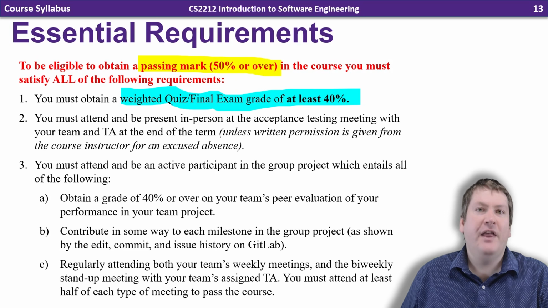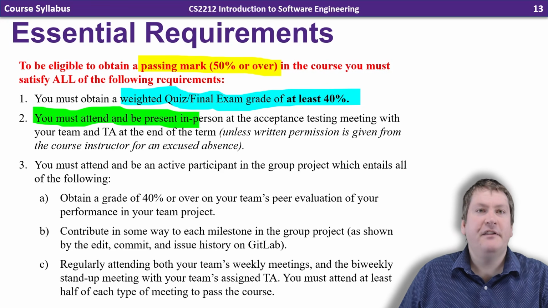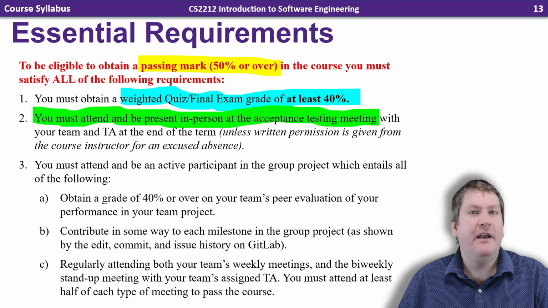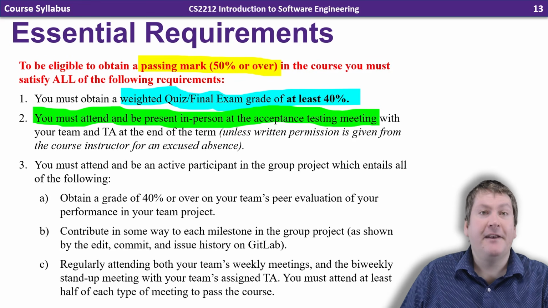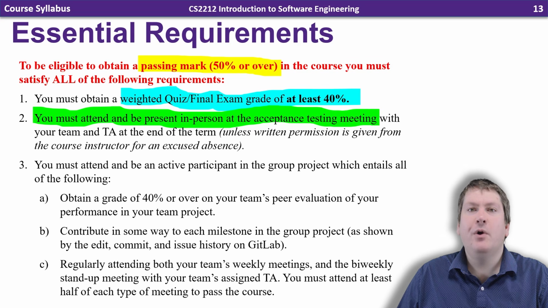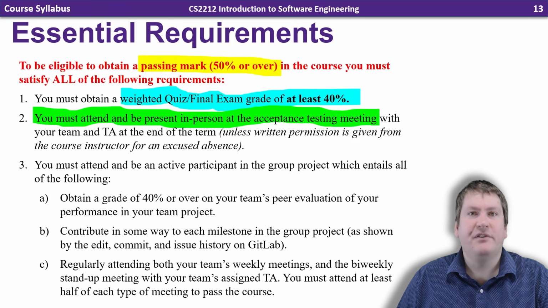When we calculate all that, it has to be over 40%. The next essential requirement is that you must attend and be present in person at the acceptance testing meeting at the end of the course. So at the end of the course, you're going to get together with your TA, that's going to be assigned to your team, as well as to your other team members,